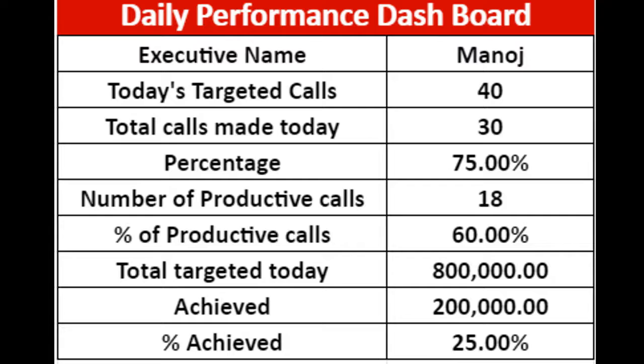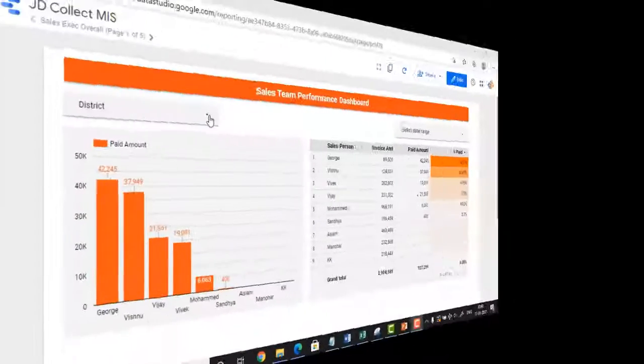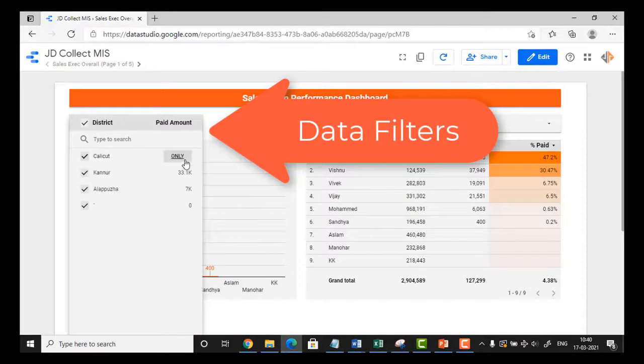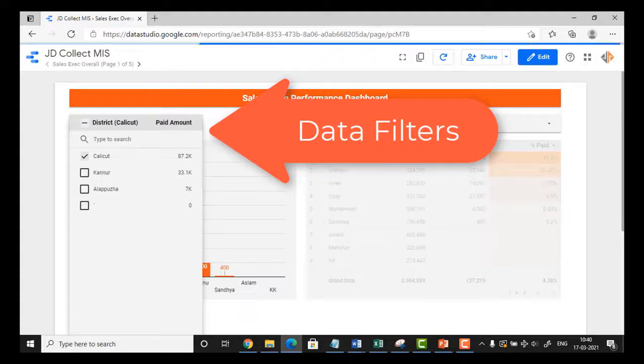The performance monitoring dashboard helps to evaluate daily team performance. The system measures the performance by number of productive calls, calls planned versus actual, value targeted versus actual, etc. The dashboard is sent to the business owner automatically every day. The visibility in operations helps the team stay much more focused. Extensive analytics are also a part of JD Collect.